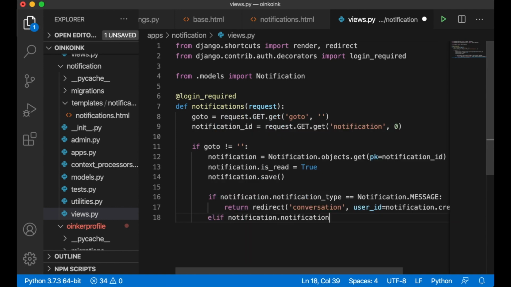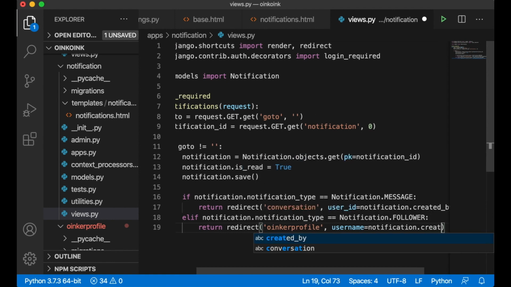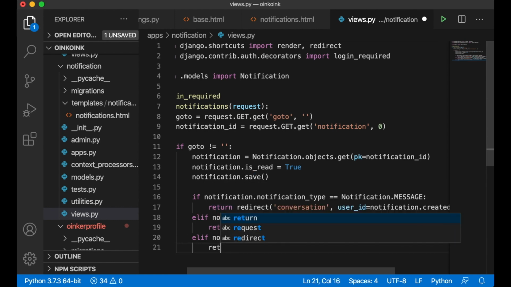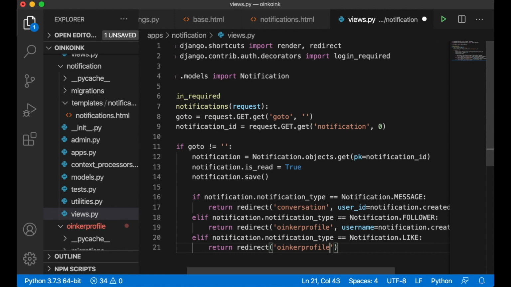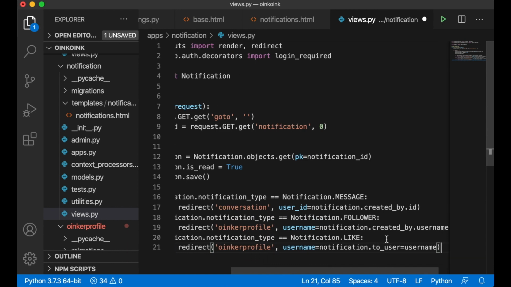Elif notification.notification_type. If that is a follower, return redirect oinker profile, username equals notification.created_by.username, or if it's a like, notification.like, return redirect oinker profile, username equals notification.to_user.username, because you want to redirect it to your page because you are the user. So request.user.username,